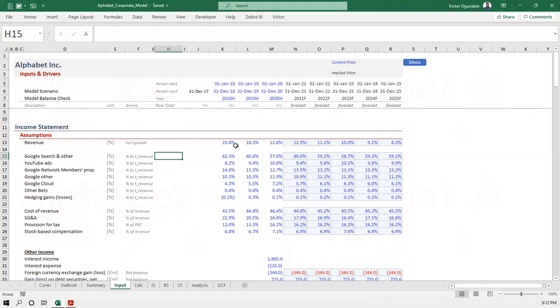So this other source of revenue, you just set it as a percent to their total revenue. So what has this Google search, what has been the percent contribution to the total revenue, which is what we have here. You check that to be able to see, is there a consistent trend there? YouTube ads, what is the contribution in this period, in this period, in this period? And I think you can just use the average to be able to get this. They still have a trend as well. So the cost of revenue has been set as percent to revenue. So you do the calculation for the historical, all right? And you sure we have this SG&A.